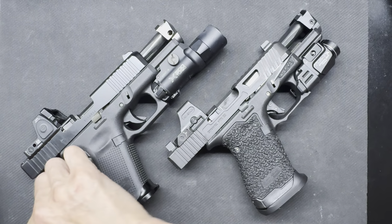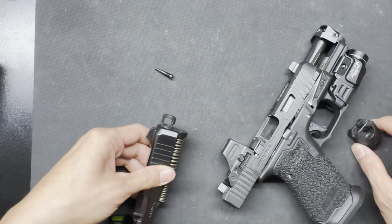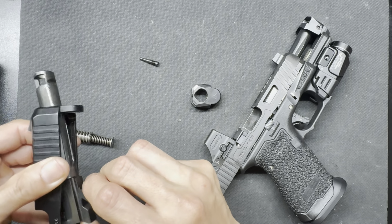Right, so these are incredibly easy to take on and off. Cat's gonna try to take my taper pin there, and you can see. Let's take this off the slide. All these have been safety checked, by the way. Quit taking my pens, cat. My cat likes to run off with the little small parts, and it's becoming a problem. Anyway,